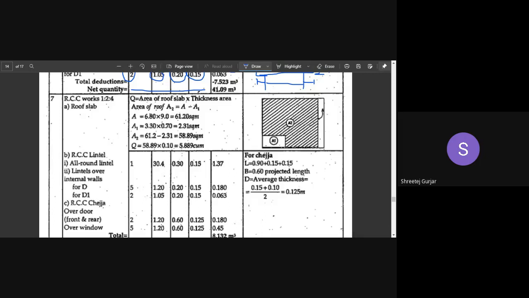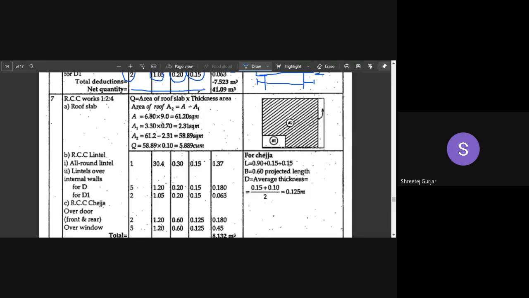So the roof slab is given overall, and this is my built up area, the hatched area you can see. This is an offset which is provided. This is an open area, there is no slab required here. You can just look into your plan, this part is open, and this which they have hatched, which they have marked, is your built up area, and this is your entire slab.